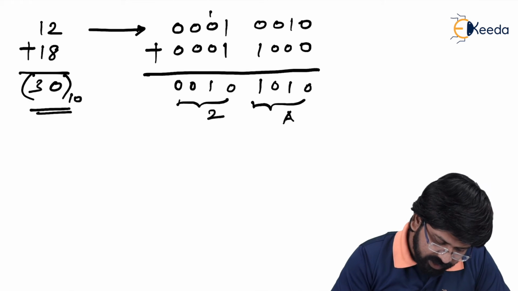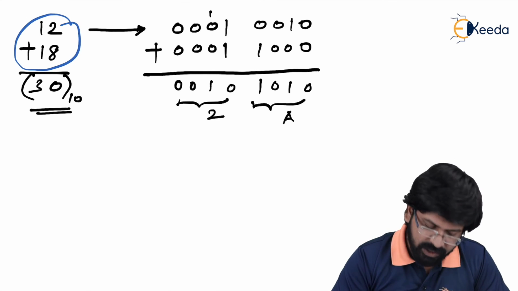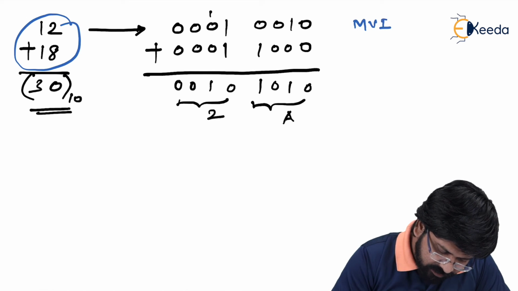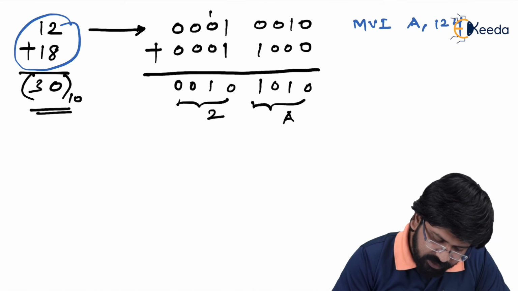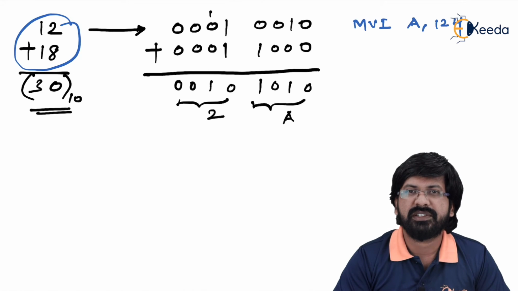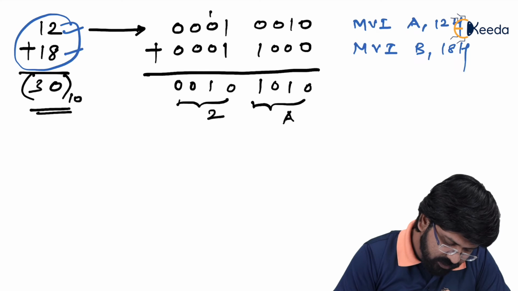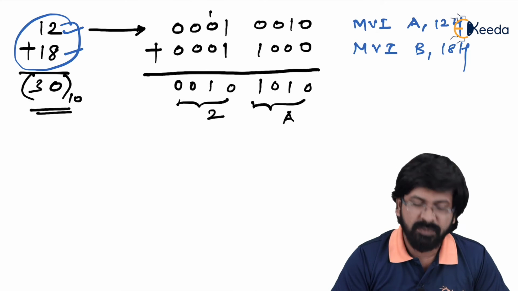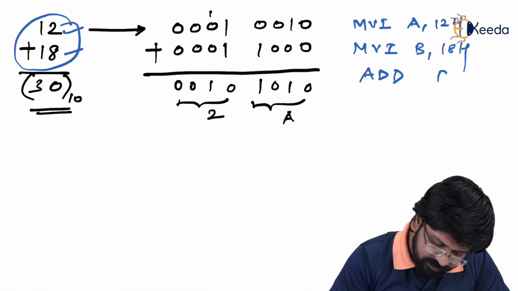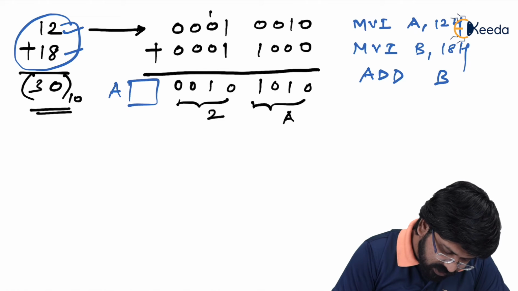So while writing the code, suppose I want to perform this addition, I'll first load 12 in the accumulator. So we write the instruction MVI A, 12H. We have to write H, we have no other option, even though 12 is decimal in nature. Then I'm going to write MVI B, 18H. So this 12 as well as 18 are loaded. Now our job is to add A with B. So we write the instruction ADD B, and after that, what we have in the accumulator is 2A. So this accumulator has 2A, which is not equal to 30, right?